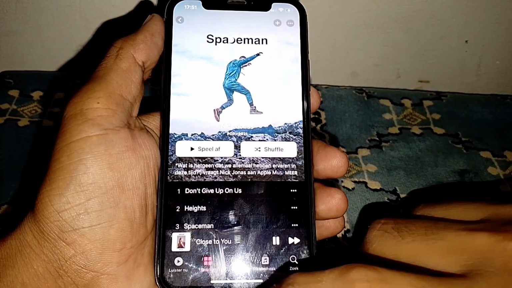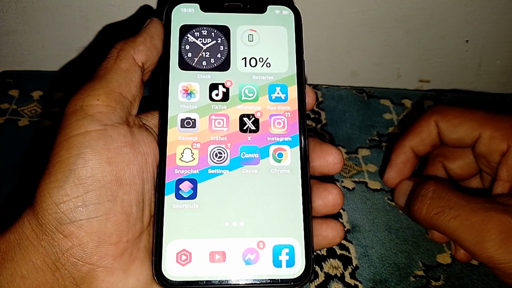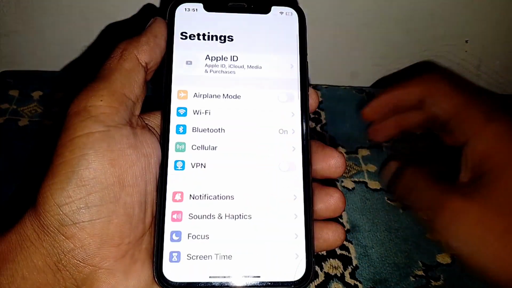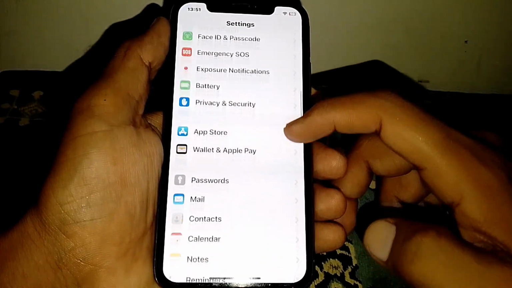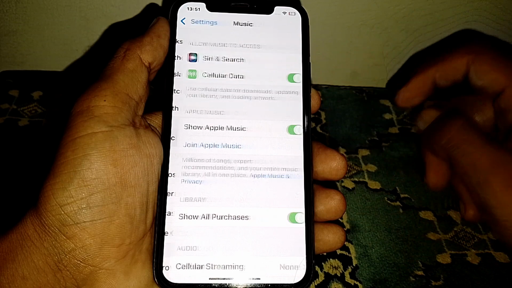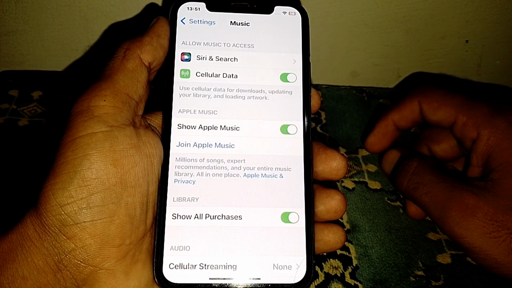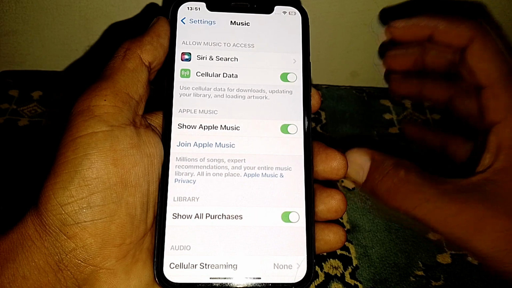First of all guys, what you need to do is simply go back. Now after that, you have to open the settings. Now after that, you have to scroll down and locate the Apple Music app. Now tap on that. Let me tell you that you can create animated cover art if you have subscribed to Apple